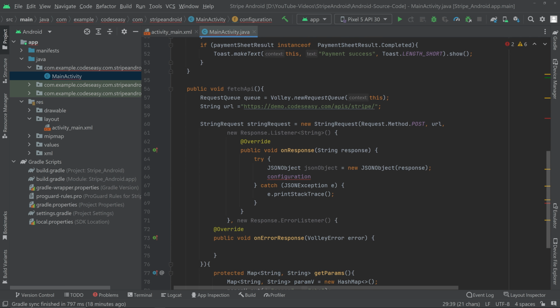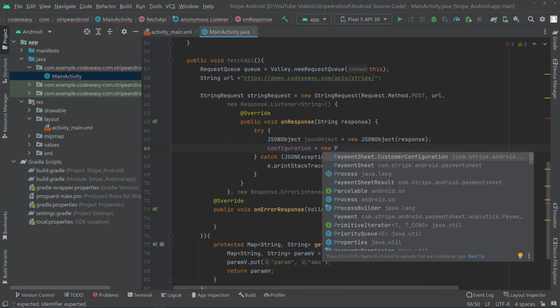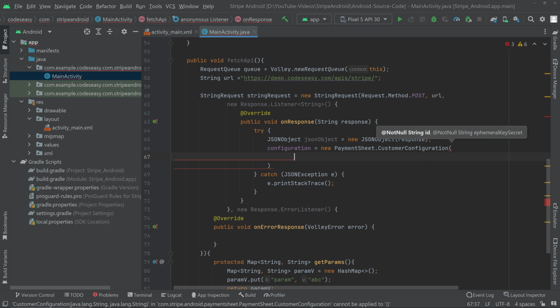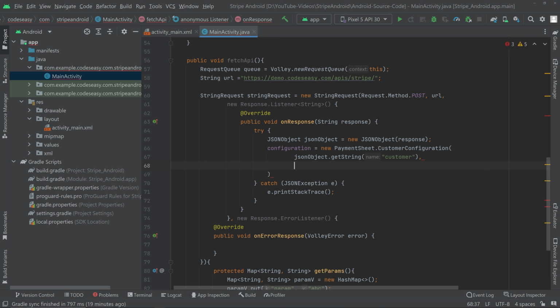Okay, now the configuration equal to new payment sheet dot customer configuration, and inside that we'll be fetching the result from the API, that is JSON object dot get string, and inside that we'll be giving the customer, that is okay, and we also need to pass the ephemeral key. Okay, now that's all. You can give a semicolon here.